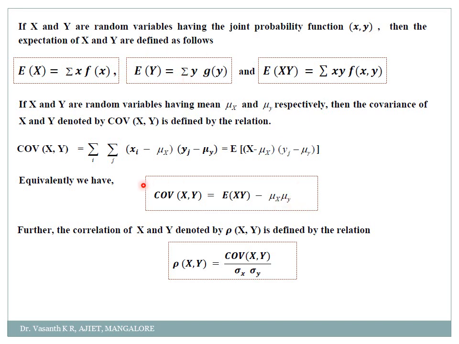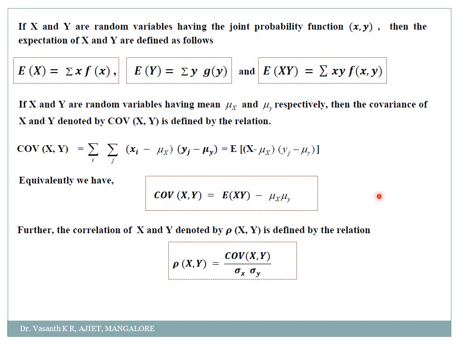So normally what we will ask in the exam is, I'll ask you covariance of xy. So if I ask you covariance of xy, what all do we need to find here? You have to find out expectation of x because that is required here. You have to find out expectation of y required here, and also you have to find out expectation of xy. Am I right? So most of the time in your exam they'll ask you covariance of xy, okay. So covariance of xy is simply expectation of xy minus, either you can write mu x mu y or expectation of x into expectation of y, one and the same, okay. Don't get confused, it's one and the same.